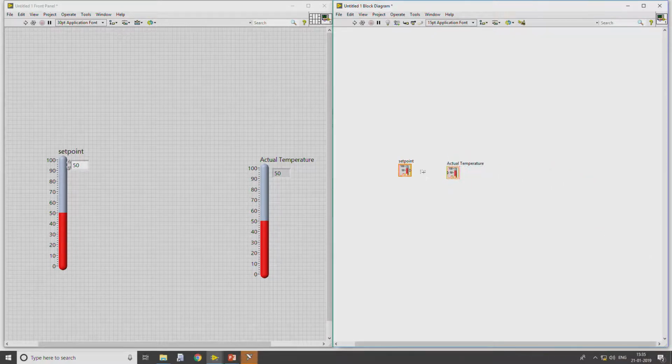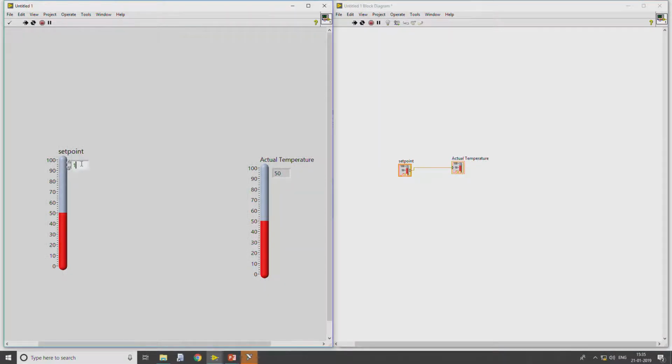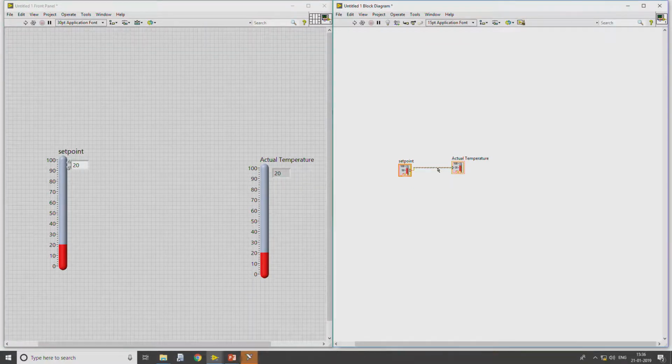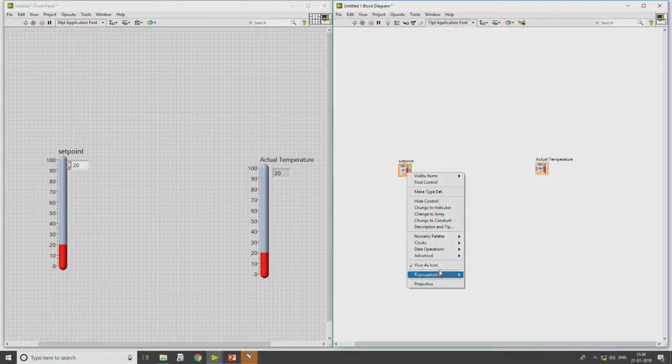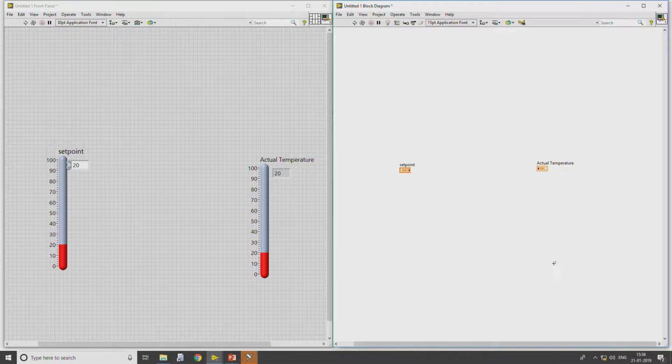Now, if you observe, if I directly connect from here to here and run the process, we can see that, for example if I set 100, the temperature on the indicator will also change automatically. So, there is a difference between a control and an indicator. The user can change a parameter on a control, whereas an indicator can only display. But the intention was not to connect it directly; our intention was to develop a logic algorithm which can monitor and control the temperature on the plant.